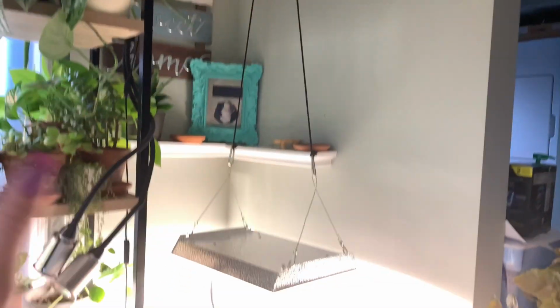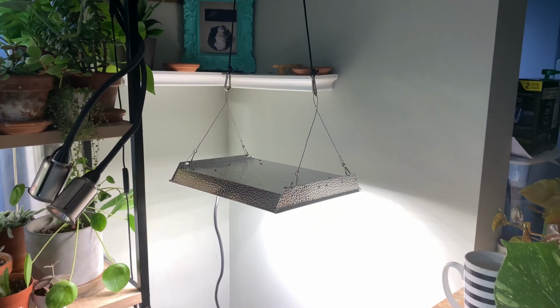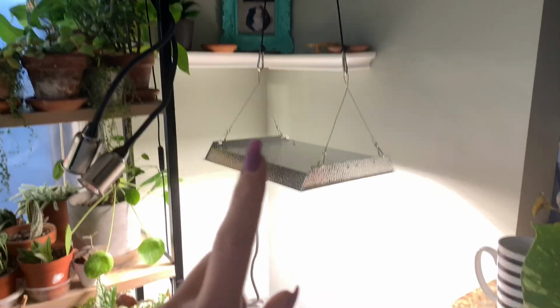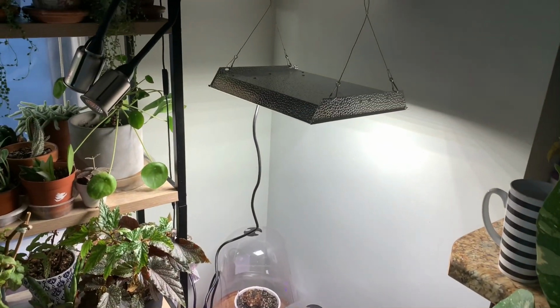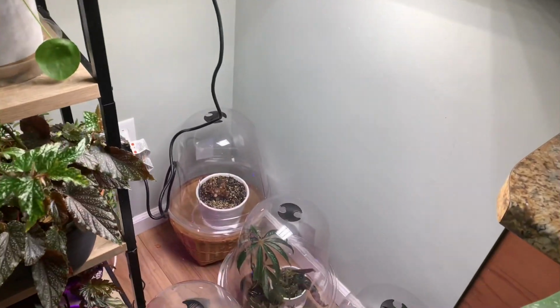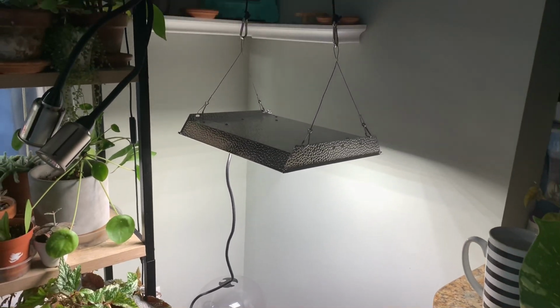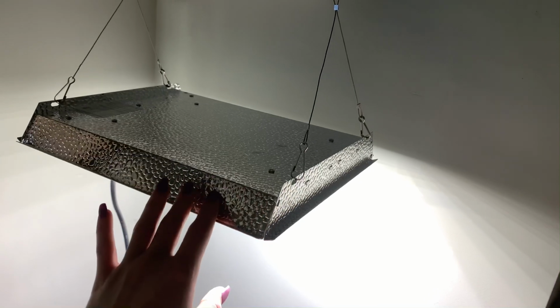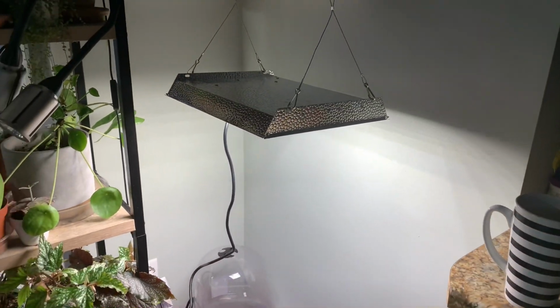It's not the prettiest setup at the moment. I do eventually want to get a grow tent and put this light probably in the grow tent, kind of like a little greenhouse setup. But so far, just from the initial unboxing and hanging the light, turning it on, I really like it. I really like it. I think it's a great